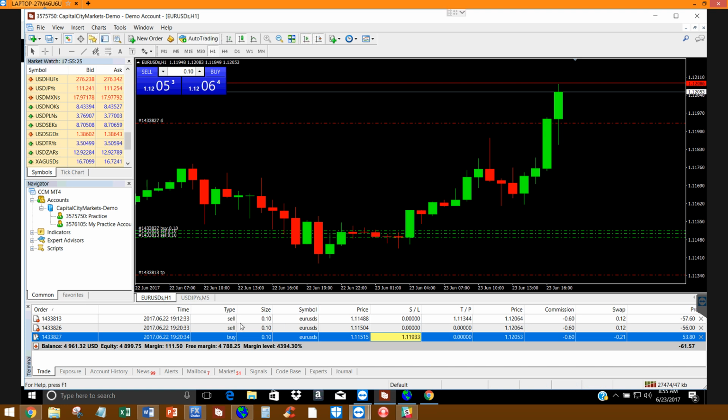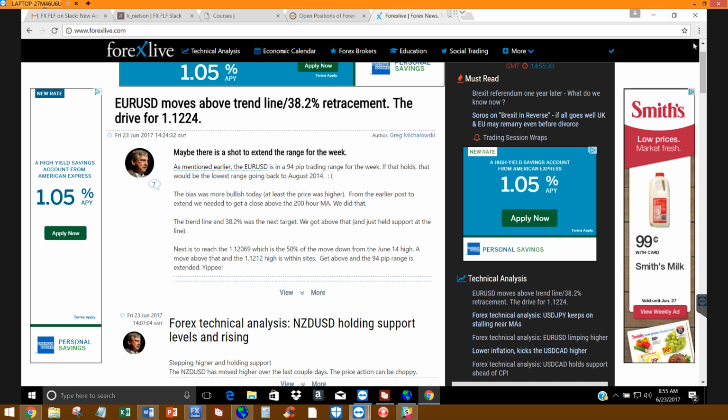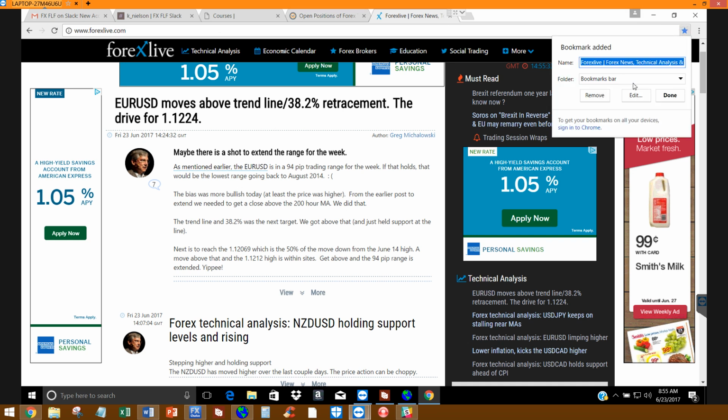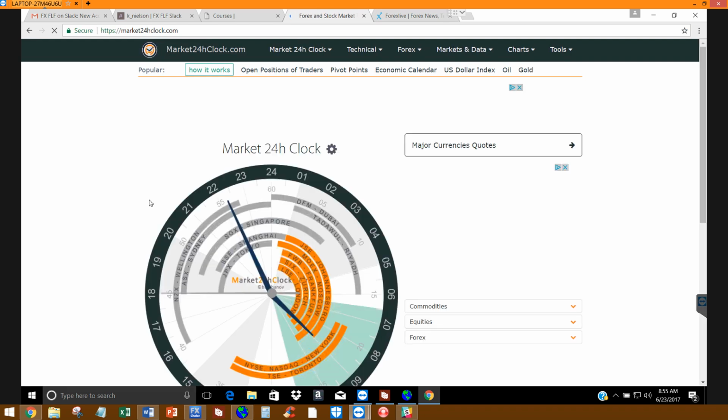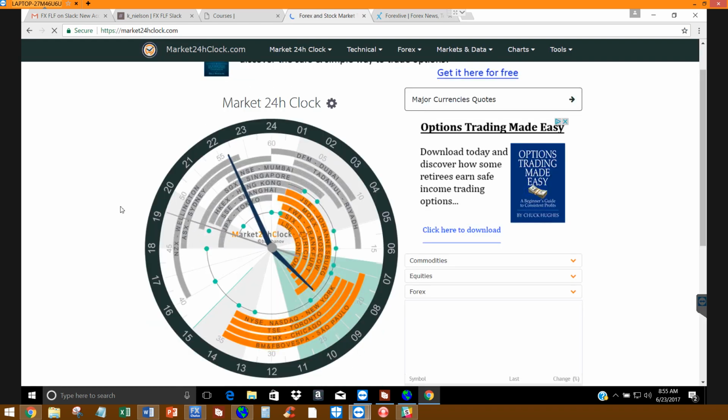But while that's doing its thing, let's save this one. Hit done. Let's go back to this one. There's another really cool thing on this. It shows you this market clock, and it tells you what markets are open right now. So right now I have London, Zurich, Frankfurt, Moscow, Johannesburg, New York, Toronto, Chicago, and Sao Paulo all open at